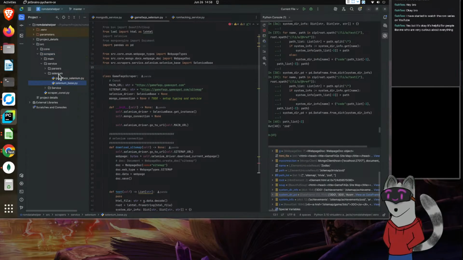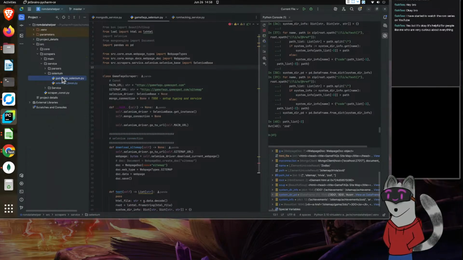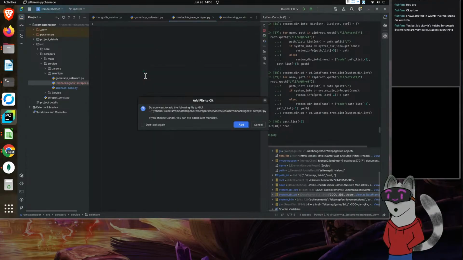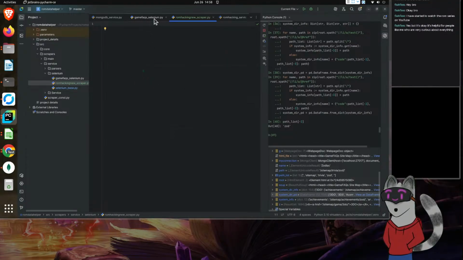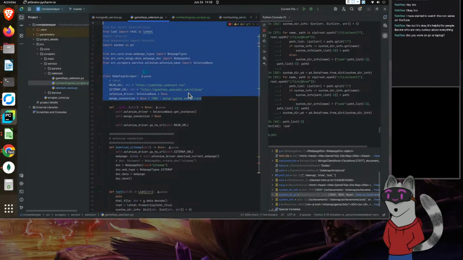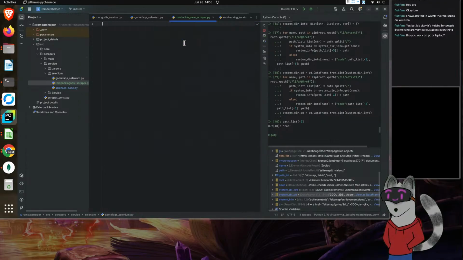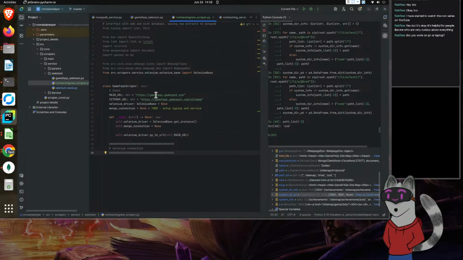I should probably move base out of, well, we'll keep it here for now, but what we can start doing is add in a new one. I'm going to go ahead and make a new file. This will be the ROM hacking net scraper. There we go. And then from here, we can start copying a little bit of what we've already done. For instance, we'll copy up to this point right here. And then from here, we start changing things around.